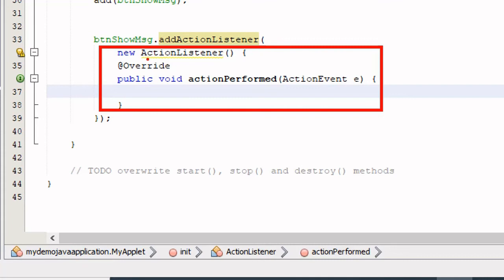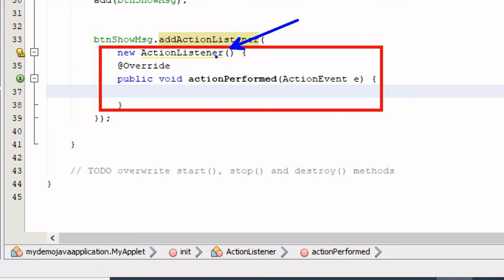So you have a new instance of the class called action listener. Now remember, action listener was an interface, but I created a class out of that, and this particular class is called an anonymous class. The reason why we call it anonymous is because there is no name associated with